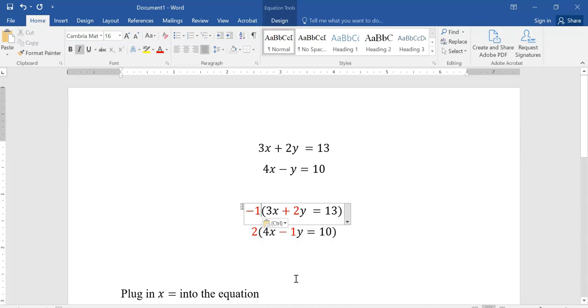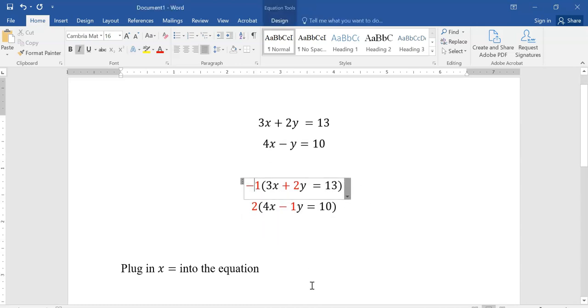Now, we're going to change this slightly. Remember, since one of these is negative and one of these is positive, I'm going to eliminate the negative sign. What that does is when I multiply, it's going to make one of my coefficients of y be positive and one of my coefficients of y be negative. If you multiply that through,